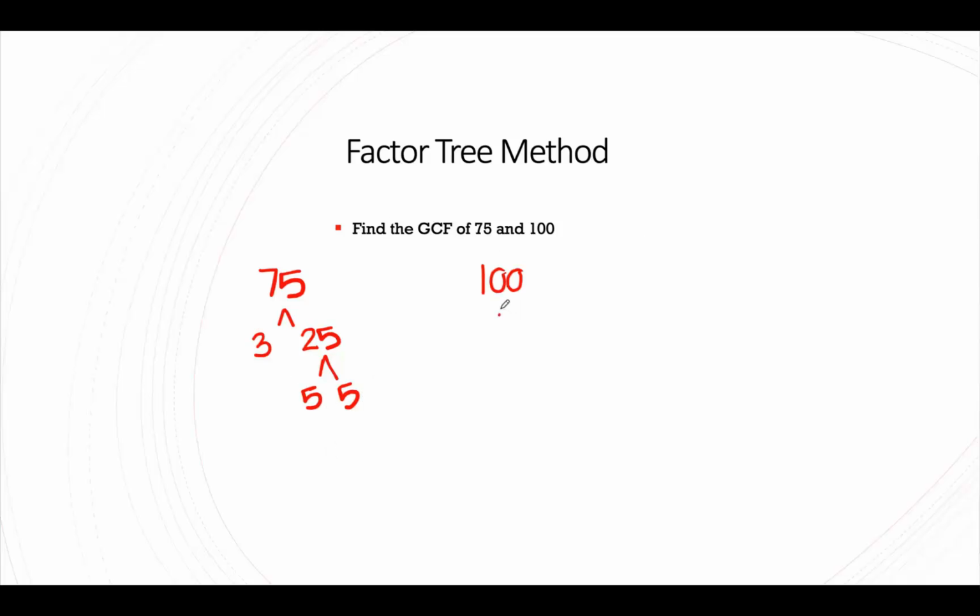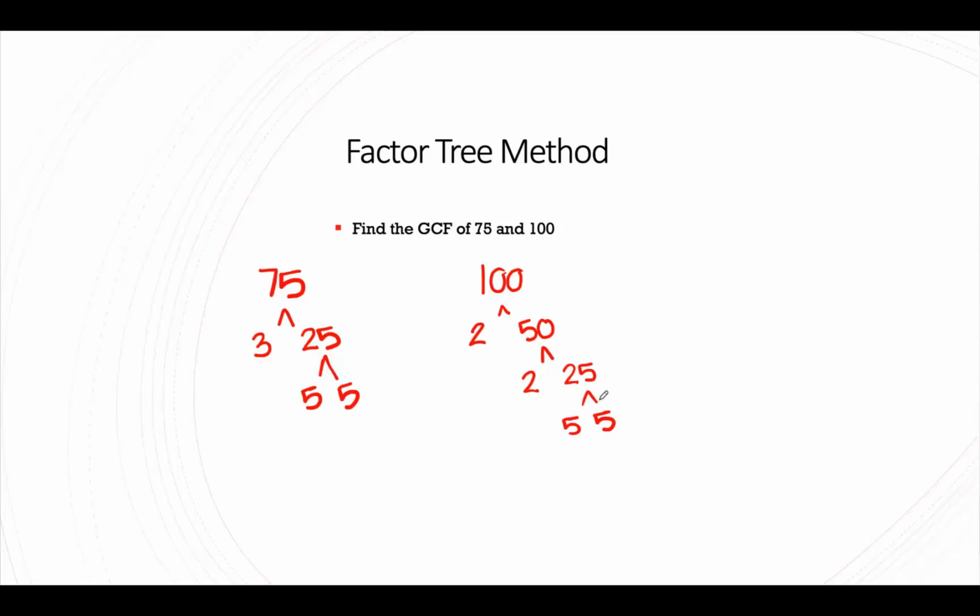So I want to break 100 into smaller pieces. Well, let's see. I know that 2 divides 100, and it gives me 50. I can't break 2 down anymore, so I'm done there, but I can break 50 down into smaller pieces. I can do 2 and 25. And 2 won't go into any smaller pieces, but 25 will, right? I know it's going to be 5 and 5. And I know that 5 is a prime factor, so there's nothing left for me to do.